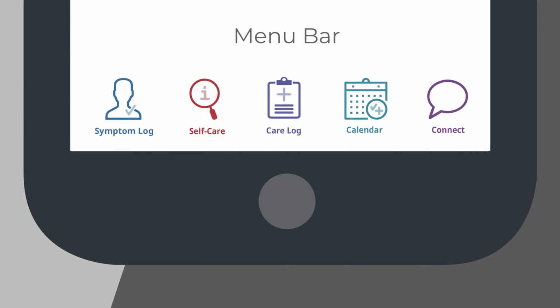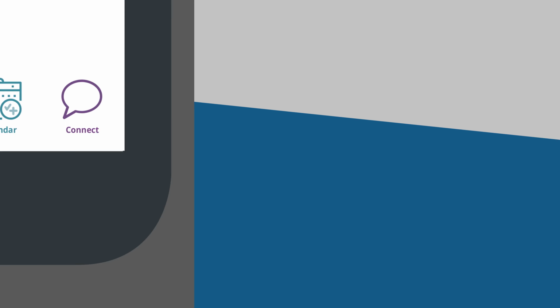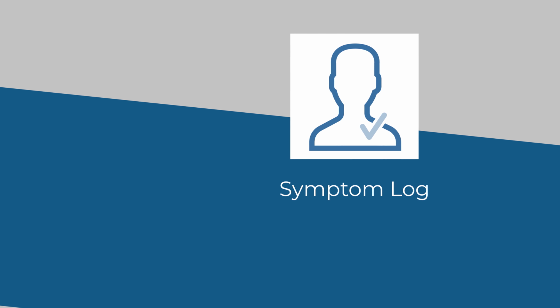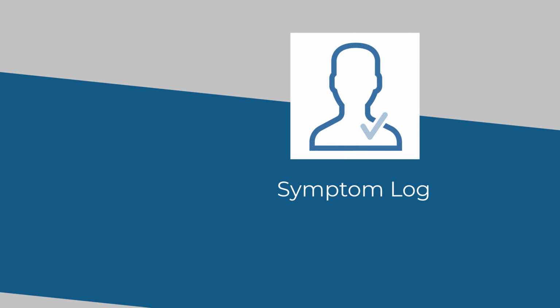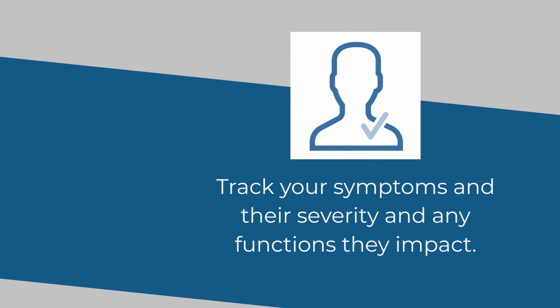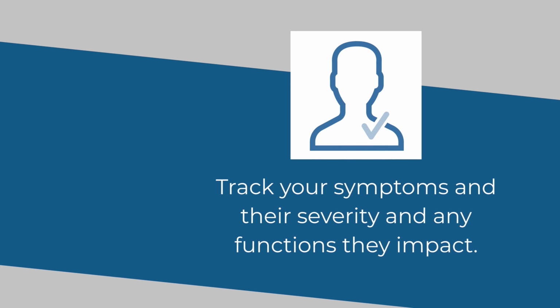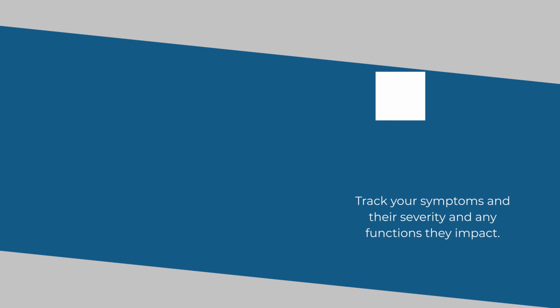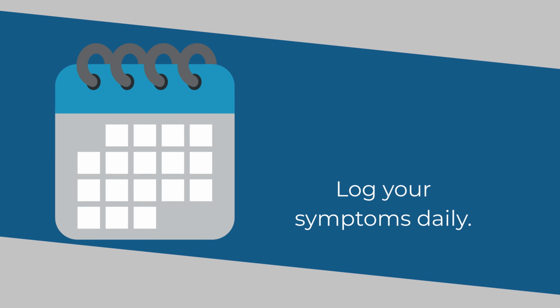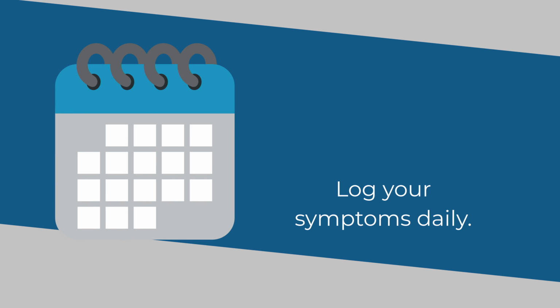From left to right at the bottom of a phone includes a menu bar with icons: symptom log, self-care, care log, calendar, and connect. First, you can go to the symptom log section. Here, you will be able to track your symptoms and their severity and any functions they are impacting. We would recommend logging these daily, but you can log more or less based on how you feel and